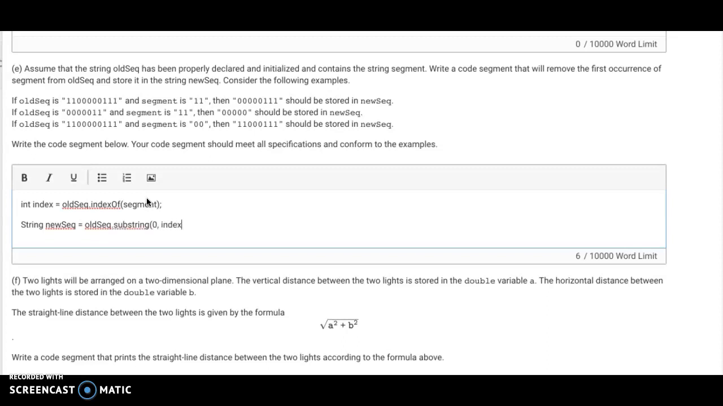Remember, we just stored this as index. Remember, it doesn't include the space of the last number. It does include the first number. We're going to concatenate that. So that gets me all the good stuff before the index. Now I got to add to it all this stuff after I remove that chunk. So oldSequence